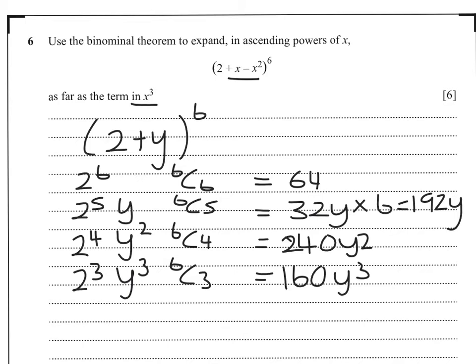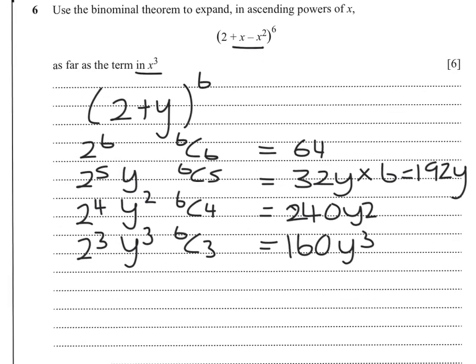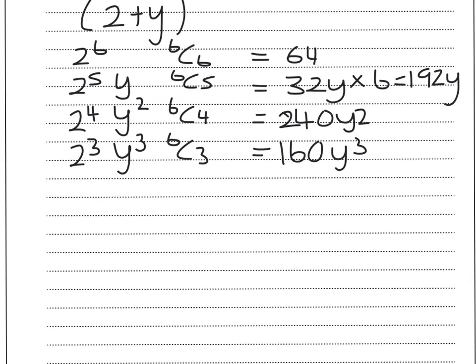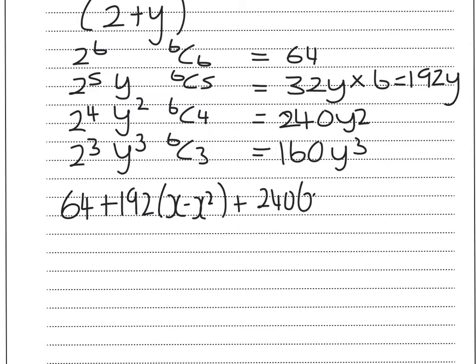Now what I need to do is replace the y with the x minus x squared. So we have 64 plus 192 x minus x squared plus 240 x minus x squared all squared plus 160 x minus x squared all cubed. We're going to have a 64, expanding the second bracket,